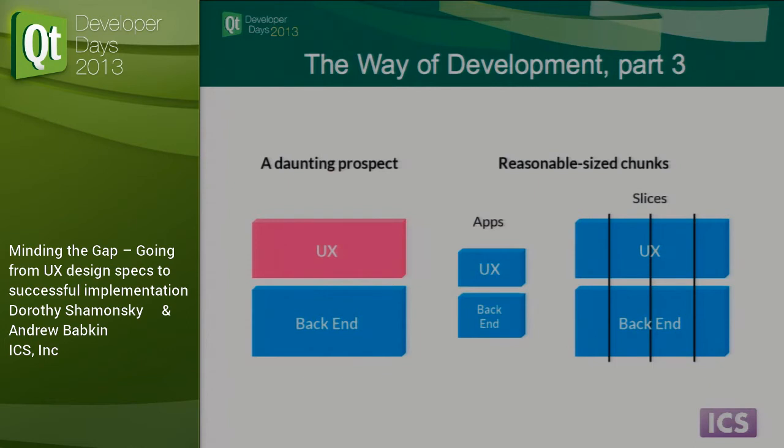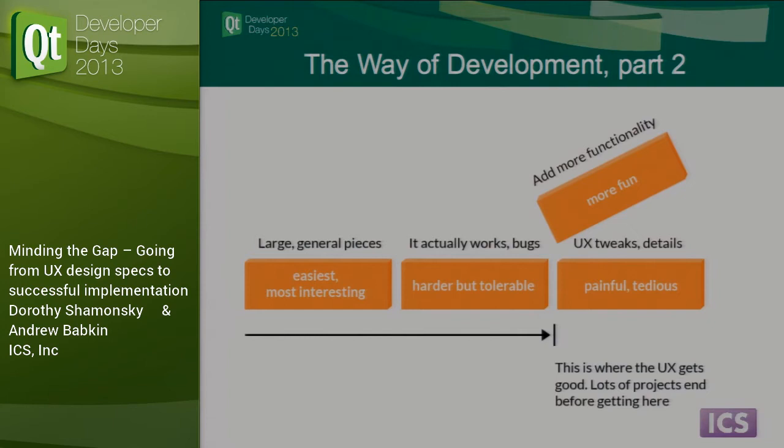So in terms of the whole idea of, if you're going to divide up a piece of UX, there's kind of two ways to think about it. One is you do a mini version of the whole UX, or a simplified version of the entire UX, like the little app for what's going to be the big app in the end. And then once you get the little app working, then you go to doing the larger versions of it. Or sometimes it makes more sense to slice it. But the key idea is that for every little app or every slice, you really need to go back and go through all three